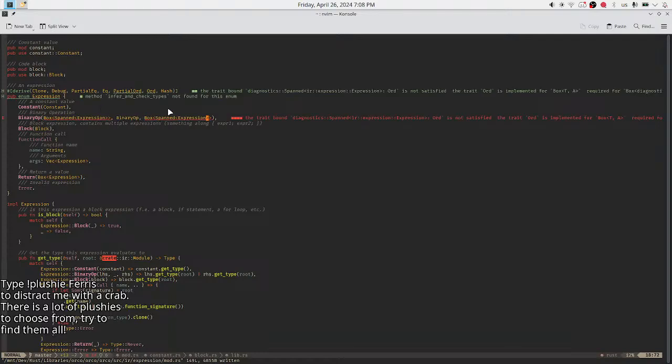And I can just join two spans if I need to. Ord. I need to get the span of this thing. This is not optimal. Maybe I should just return a span. Make a method that returns the span of an expression.